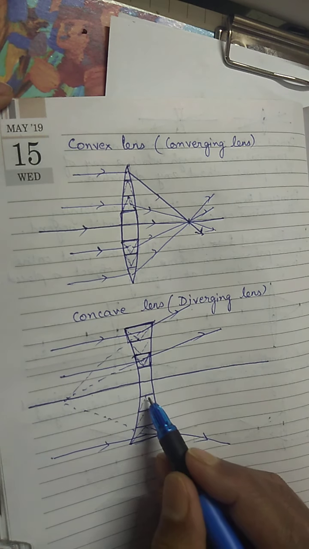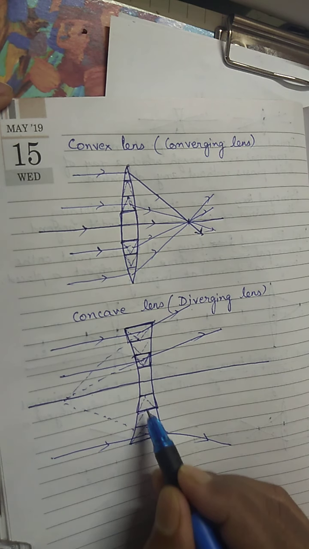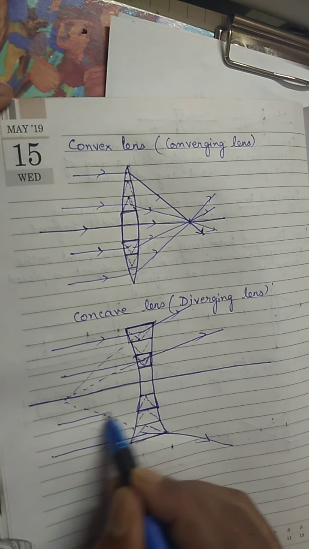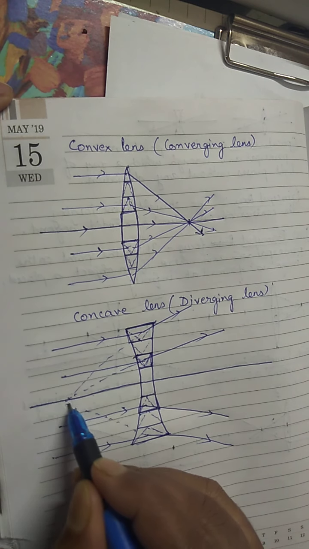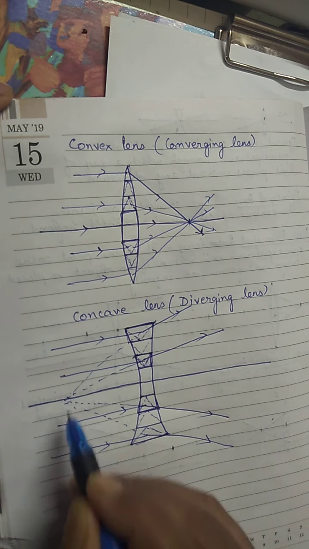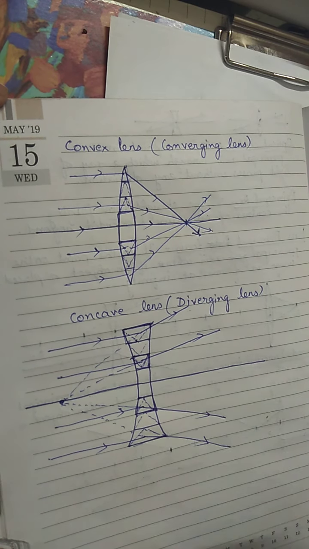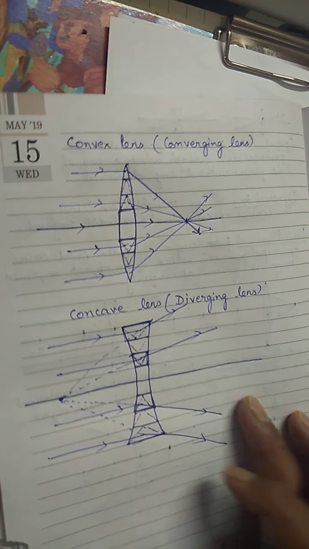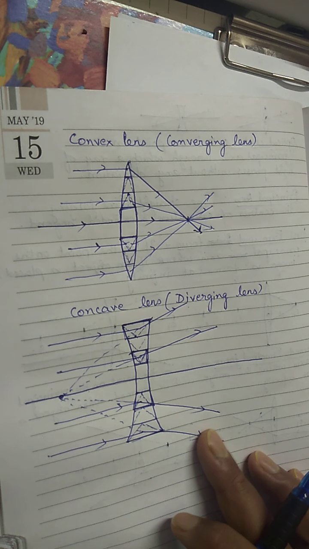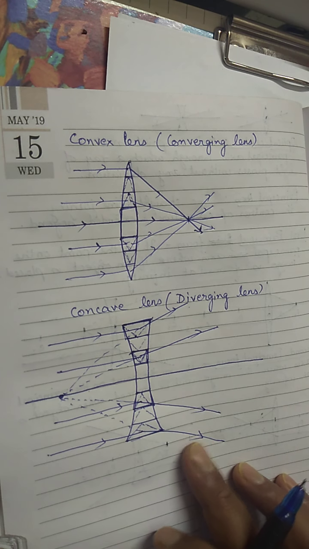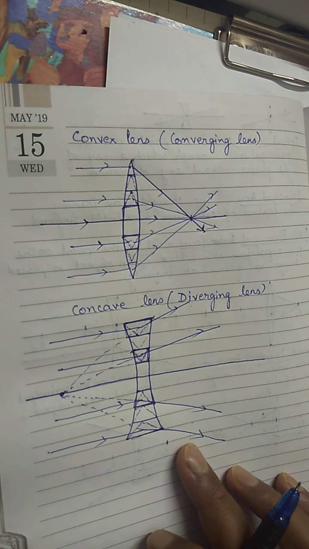And similarly, let's say for this particular part, this is the broader part, so this can be considered as a prism. So this ray will tend to go towards the base. So when produced backward, all the rays seem to come from here. Is that clear? So this is the reason why concave lens is a diverging lens. So these are the basic concepts related with lens. In the next video, I'll be discussing how to draw the ray diagrams in relation to lenses, just like I discussed about mirrors in my earlier videos.